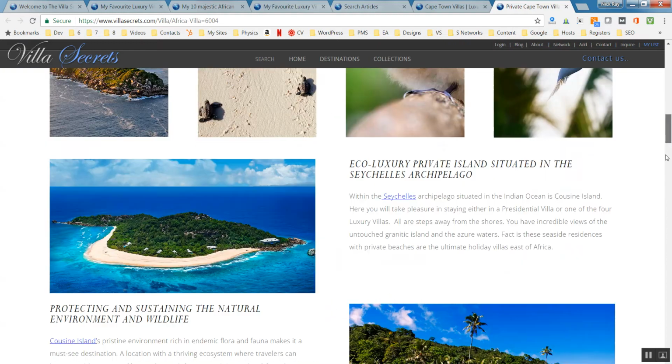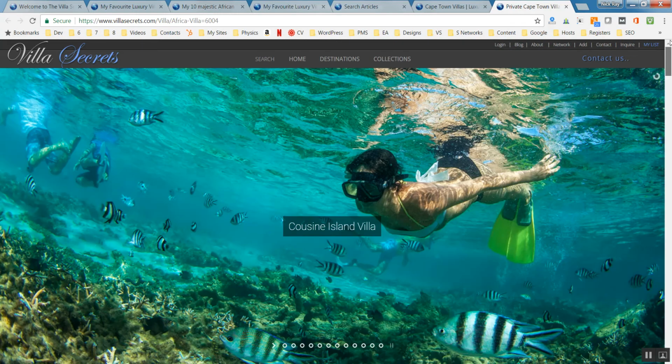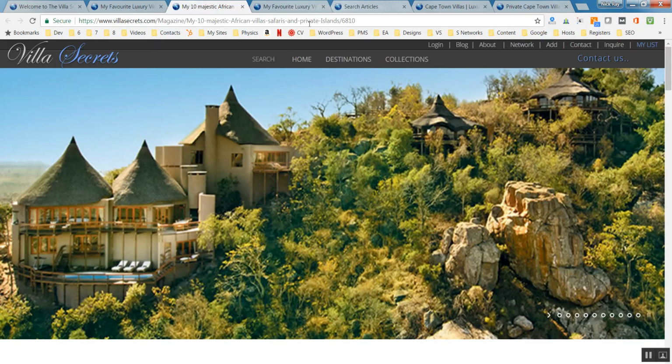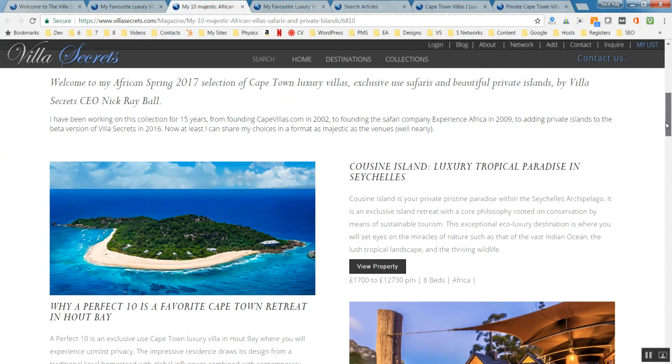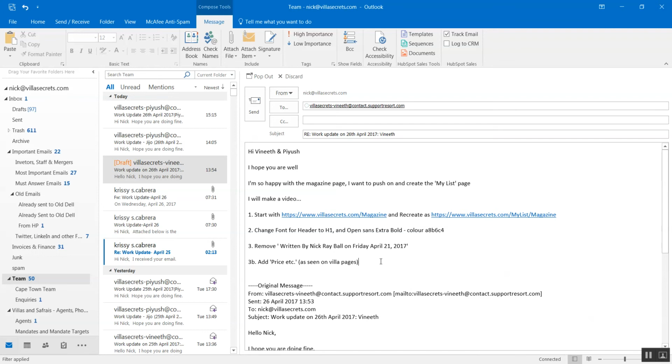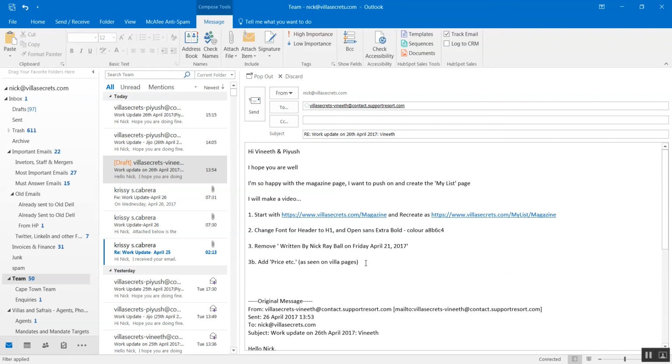It's the... I think it's just the articles page. Yeah, so add this detail. So that is add price, etc. For, and that's pretty much, no, we've got to add